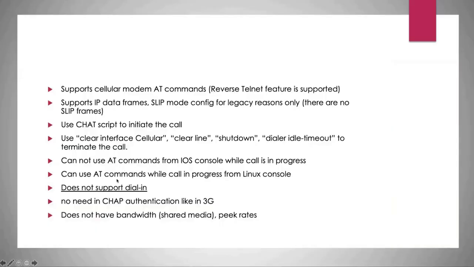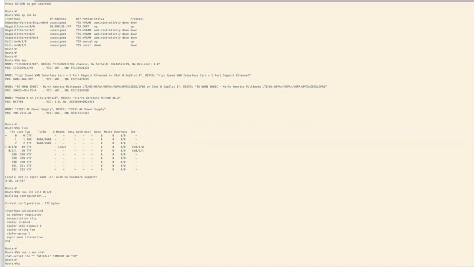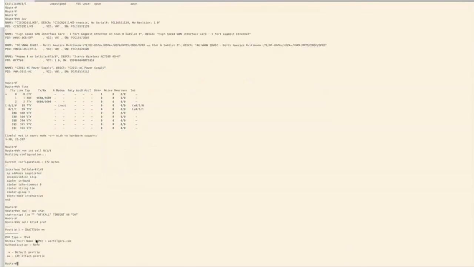And the AT commands cannot be run when your call is in progress. And CHAP authentication is used in 4G mostly. 3G does not need CHAP authentication, and CHAP authentication basically is configured in your profiles. I'll let you know what the profile is shortly. So all cellular connections will have a profile, and when I say profile, I mean the APN name. So the access point name and these fields,